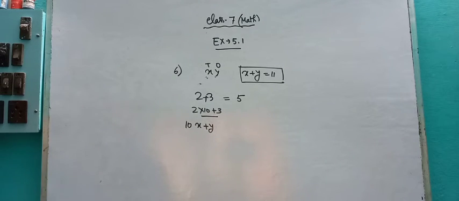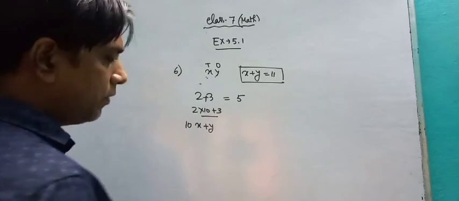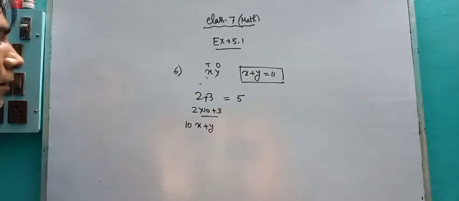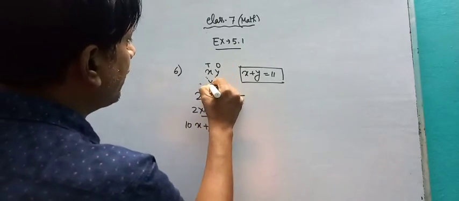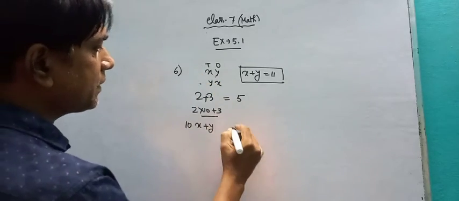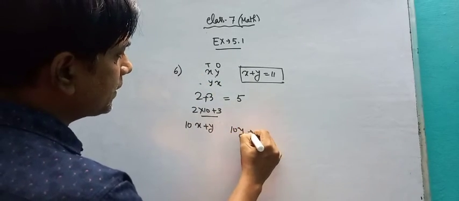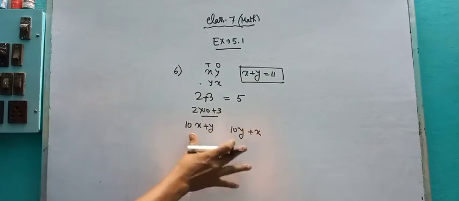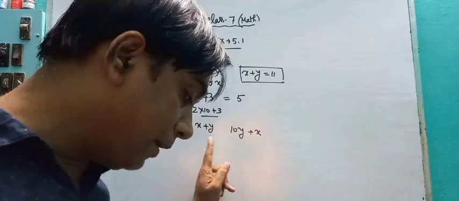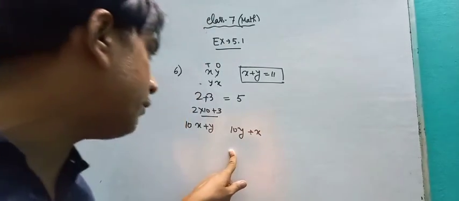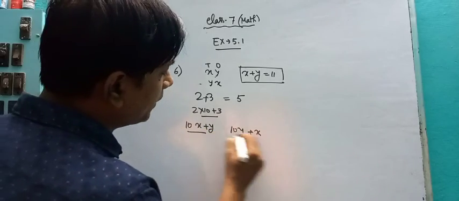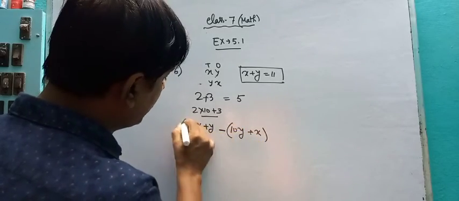Okay. Now 10x plus y. Suppose I reverse the number, reversing the number means yx. xy becomes yx. The y becomes the tens place, so 10y plus x. Now I am giving some gap here. You understood that? Now the number obtained by reversing is 9 less than the original number. The original number is 9 more, so you can make this difference.